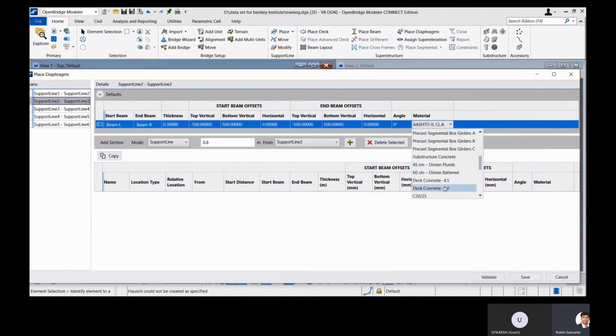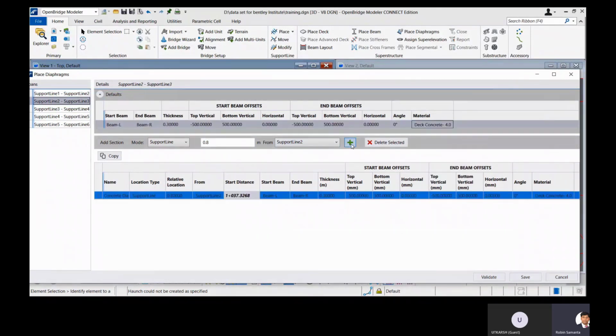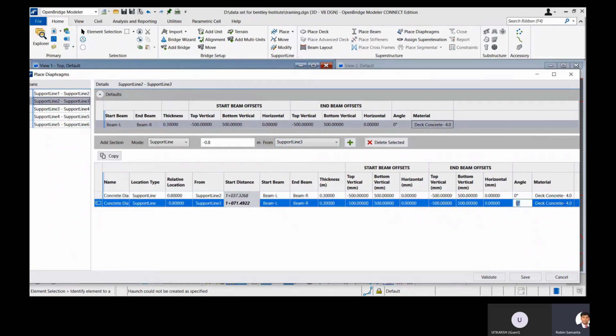And whenever we are selecting the end support lines, we are giving a minus offset. So you have to remember that it reads by the direction. So from support line 3, we need to give a minus. So we can add it from here. So as you see, the first diaphragm has to be at 0 degree, and the second diaphragm of this span, which is from support line 3, has to be at an angle.